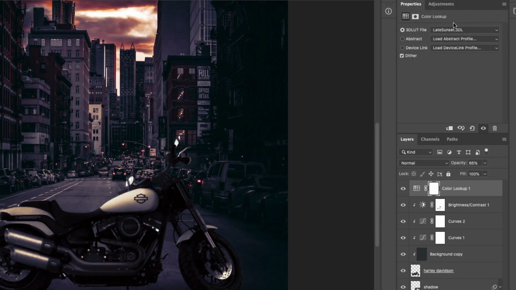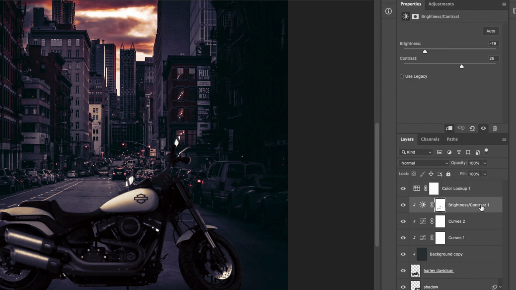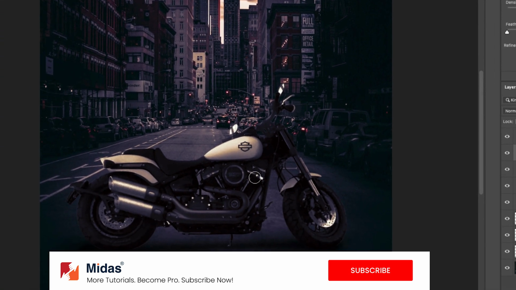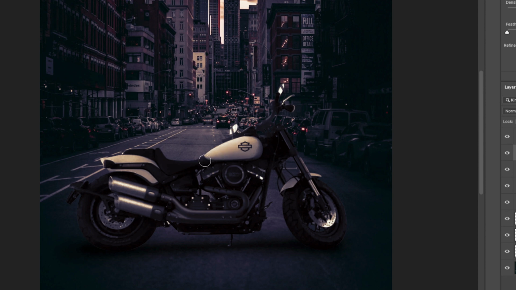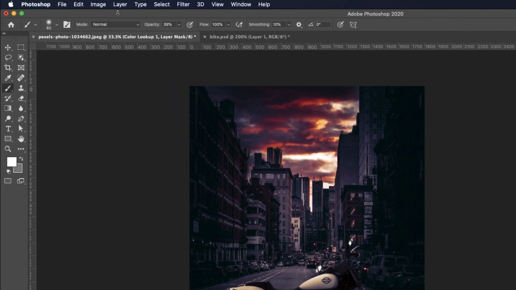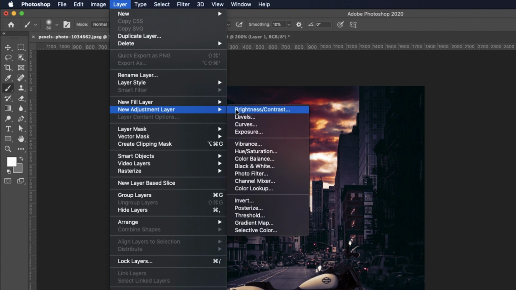For this we'll use Late Sunset. To adjust highlights, use Levels from layers.